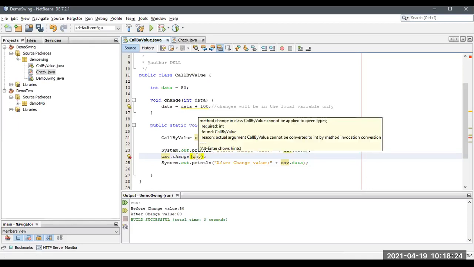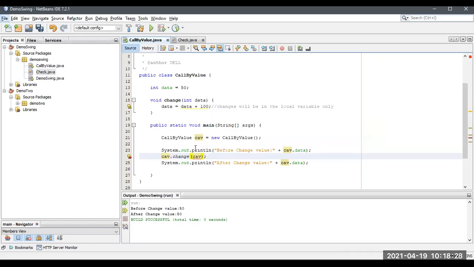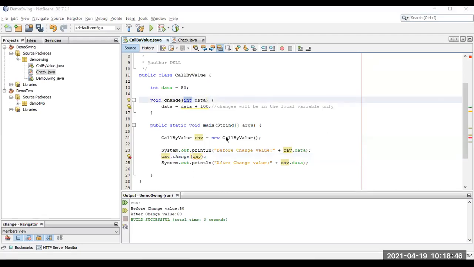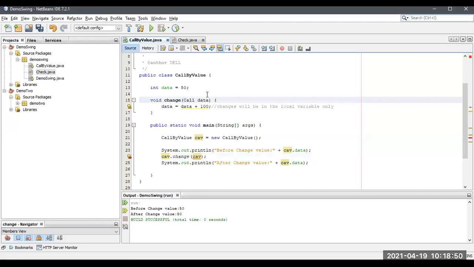Method change in class call by value cannot be applied to the given types. Because CAV is not an object. I'm sending the class object to the change method, but the argument is a primitive data type. So I need to change this to the name of the class, call by value. I think you understood the error, right?